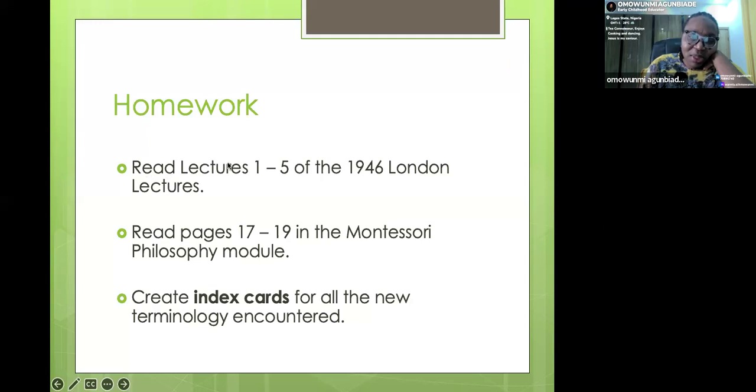I have a scanner on my phone. I just hope I'll be able to do it well. Then I will post it on the platform, not on the folder, so you can read it. And don't forget, create index cards for all the new terminologies encountered. Please, I beg you,